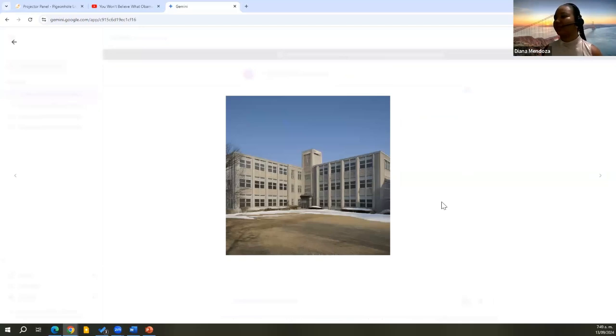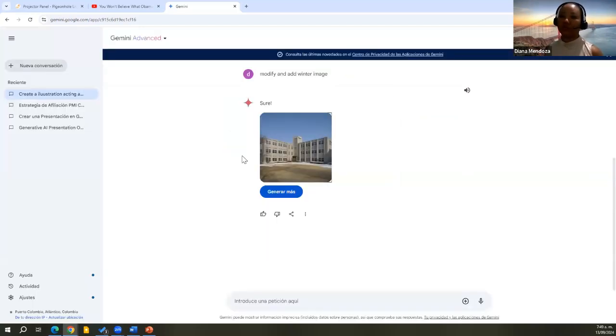A tool that is popular right now lets you put in your photo and ask it to create a professional photo for LinkedIn, and that is great. But you also need to be aware that you are putting your image there. And if you are not paying for that, then you're paying with your data.